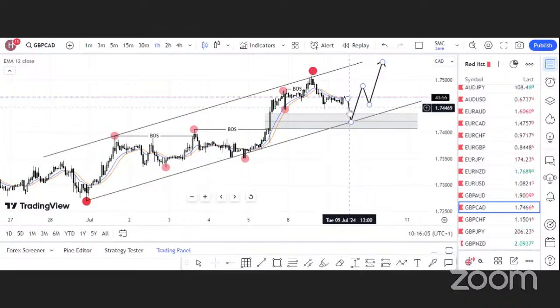All right. So the only time I will be considering a sell for this market is when the market